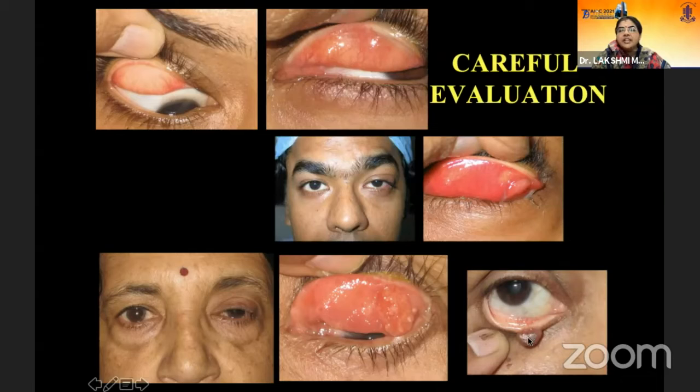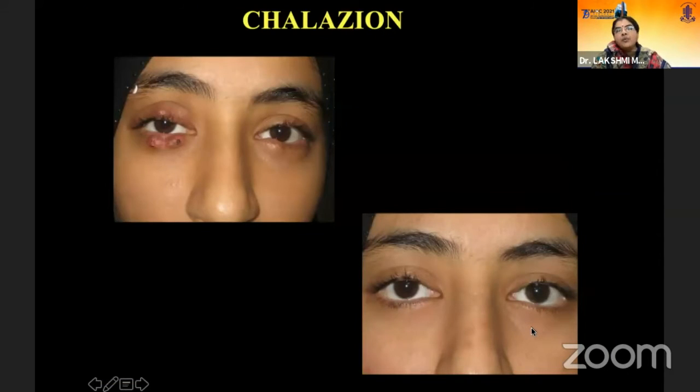And sometimes a junctional nevus or intradermal nevus, when you retract the lid and see, you can see these dilated vessels. So, I can't overemphasize the importance of careful clinical evaluation. Chalazion, again, I and D, I hardly do. But if it really has to be done, I mainly do it when they're about to get married in the near future, or have to go elsewhere and have visa issues. Or when there are too many, multiple like this, because as much as possible, I like to maintain and manage them conservatively.